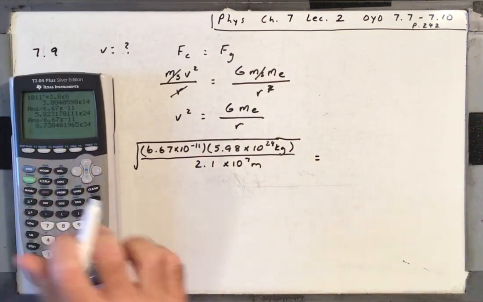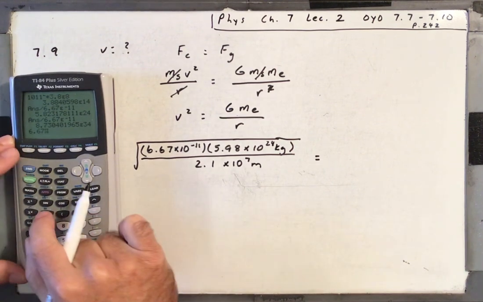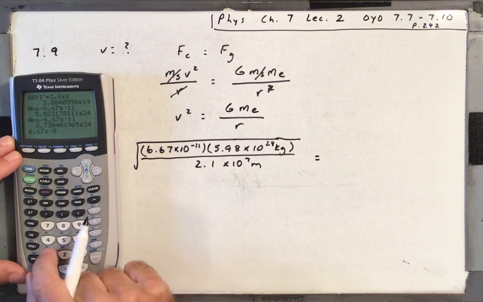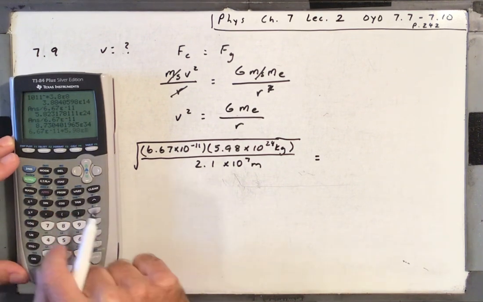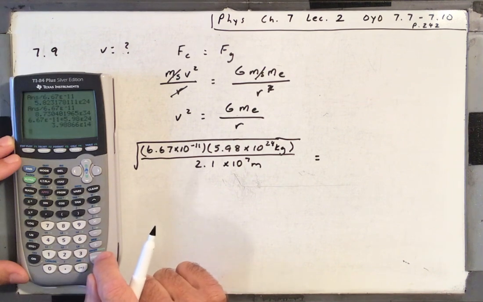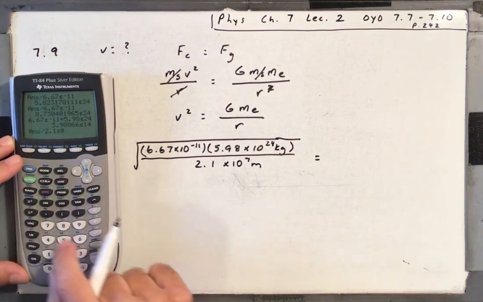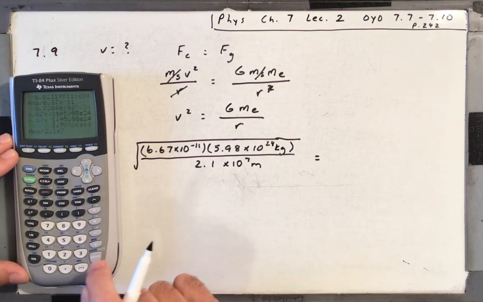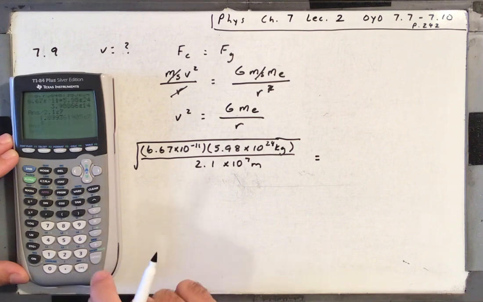All right, we'll do this together. So it's 6.67 times 10 to the minus 11 times 5.98 times 10 to the 24th. I'll hit enter. Divide that by 2.1 times 10 to the 7th. Hit enter. And then raise that to the 0.5 power to get the square root. So that's